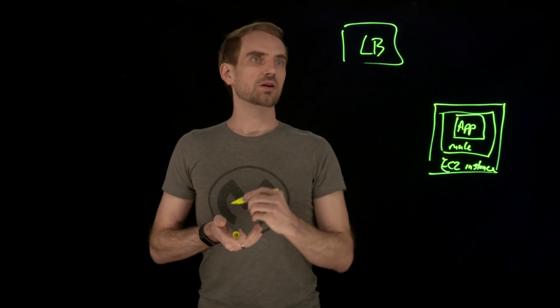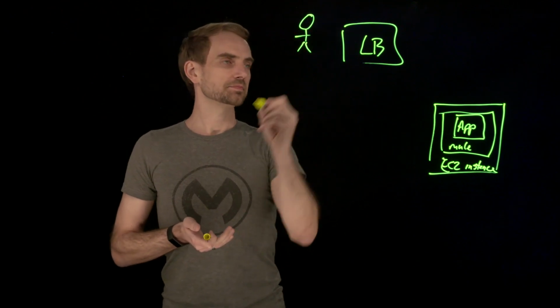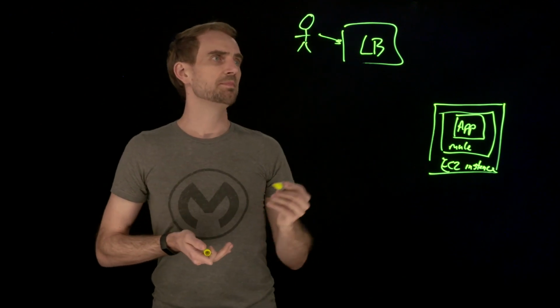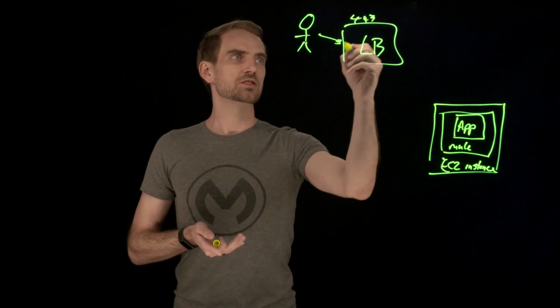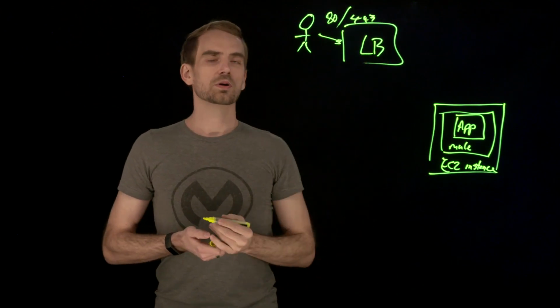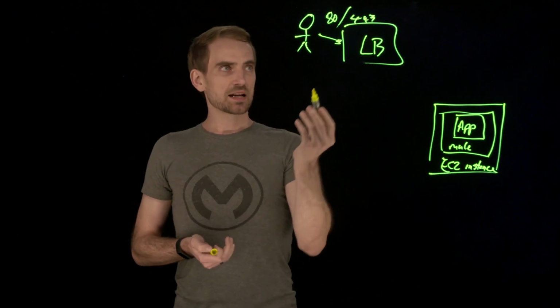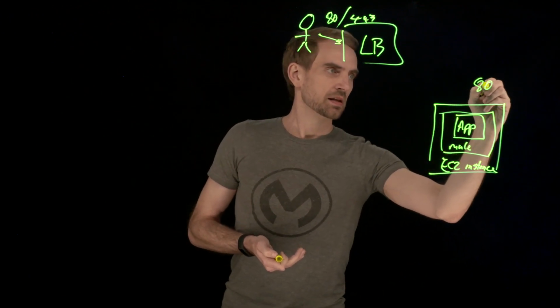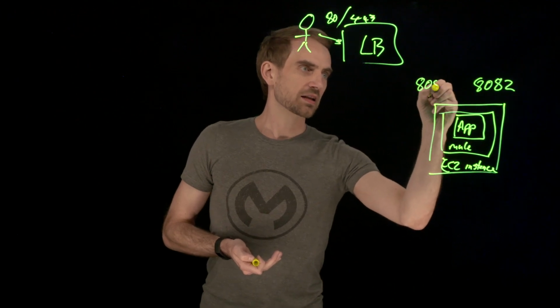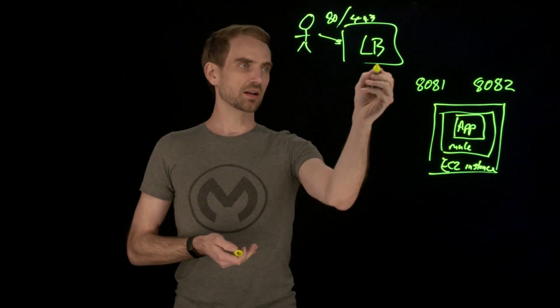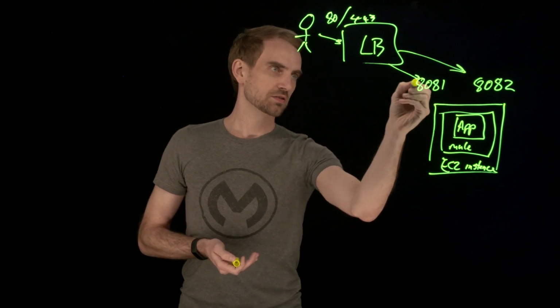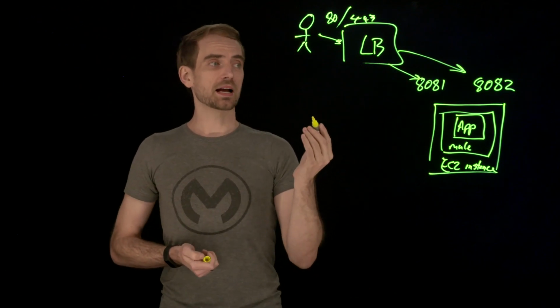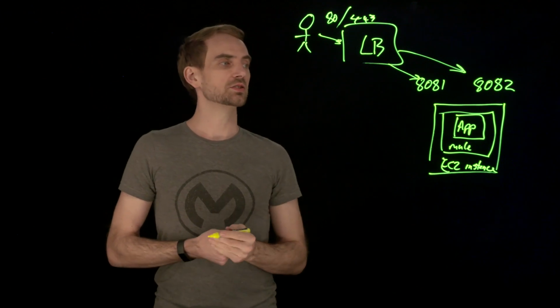Next up, in order to support zero downtime deployments, so deployments without outage, we have a load balancer sitting in front of wherever the client is. So the client talks to the load balancer on port 443 for HTTPS and port 80 for HTTP. So for HTTPS, 443 is going to go to 8082 and 8081 is the port for HTTP. Now the load balancer will make sure that it passes on the request to the appropriate port. And that's why your applications have to listen on port 8081 or 8082.